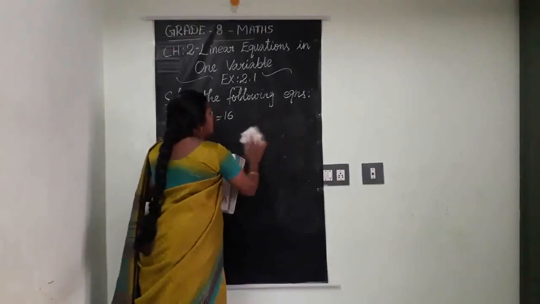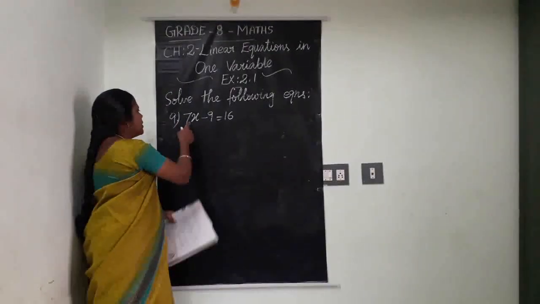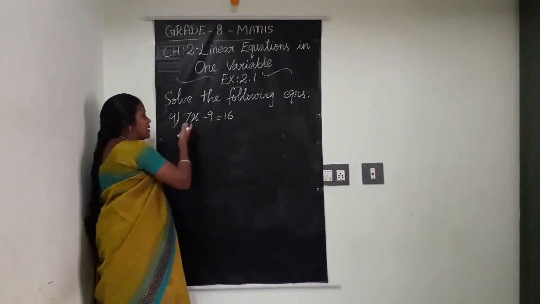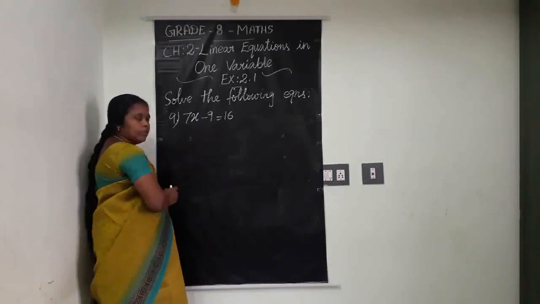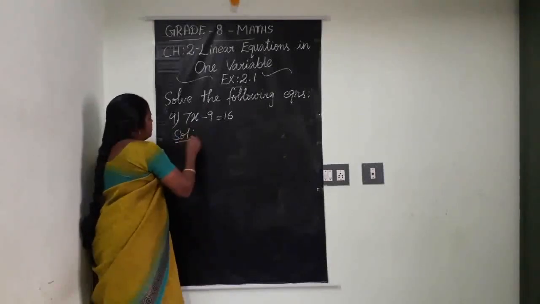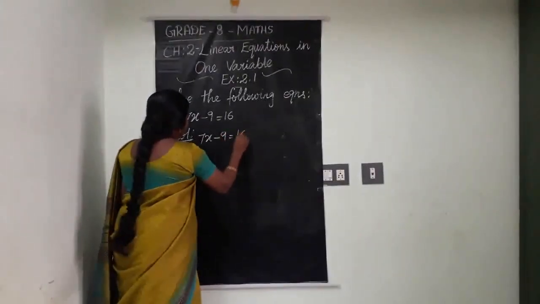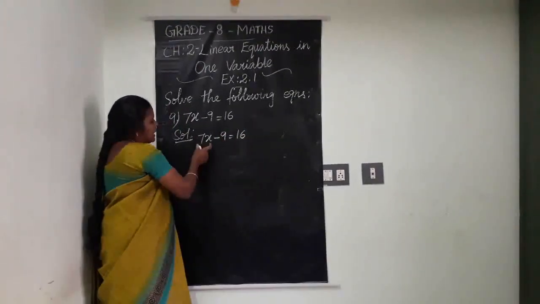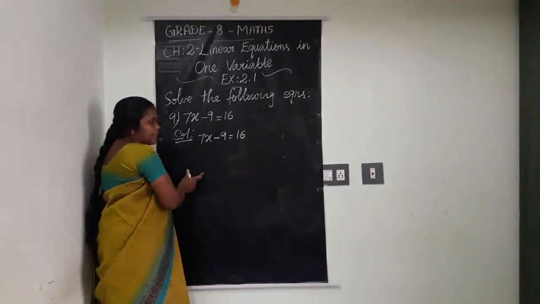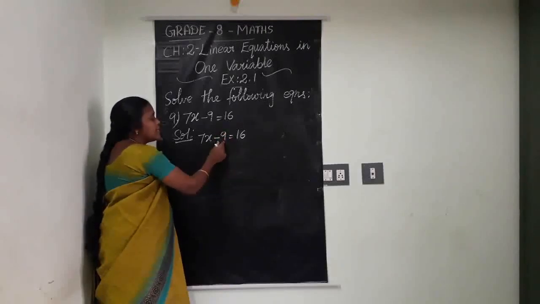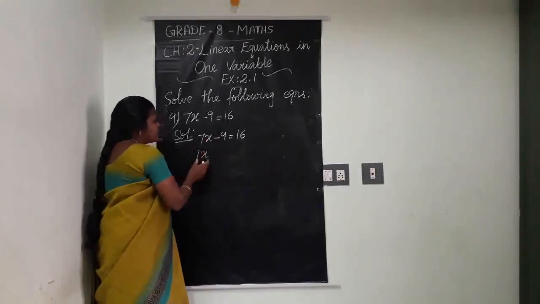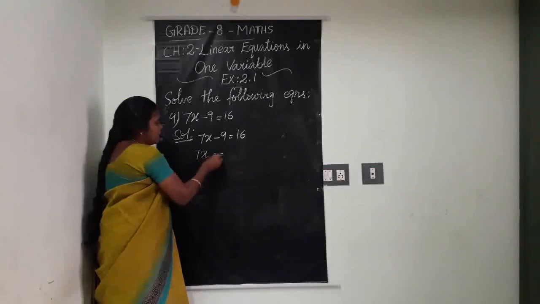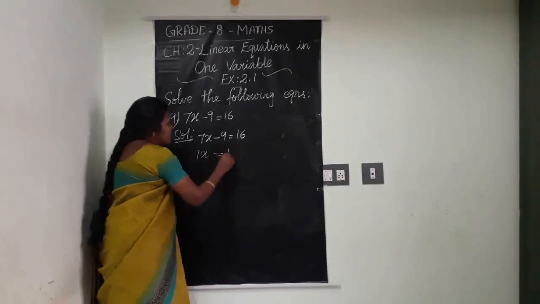So with simple coefficients we have solved two questions. Now with a little bit bigger one. What is given? 7 is the coefficient here. In this question, how do we solve? We will see. Like this, I want 7x only at the left hand side. At that time what am I going to do? I am going to shift minus 9 from here to there by the transposition method. Then on the left hand side 7x only will be there. Okay, 7x equal to 16 is already present.